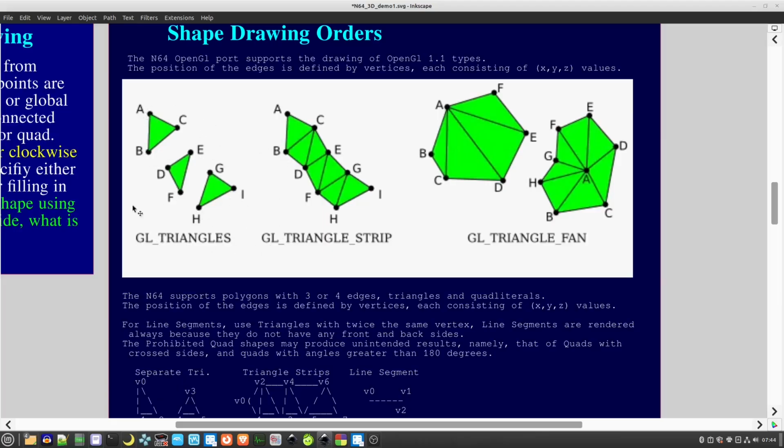So, for example, for drawing triangles here, you'd start at A, then to B, then to C, and that would draw that triangle there. As you can see, it's going in a counterclockwise direction. And then we have a thing called a triangle strip, where